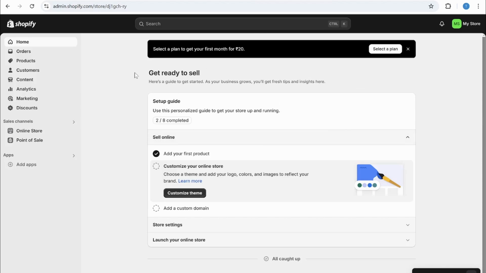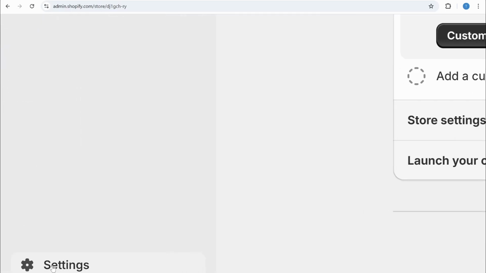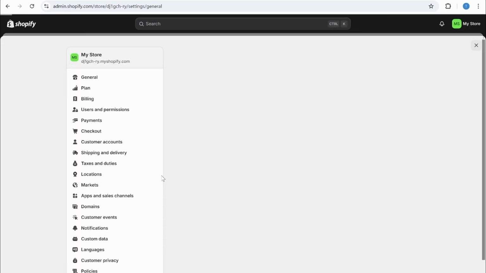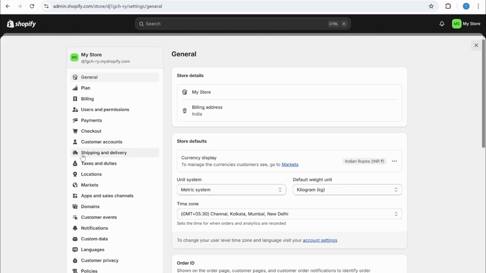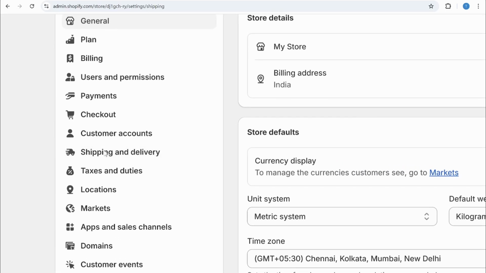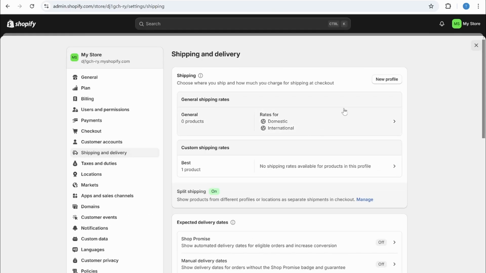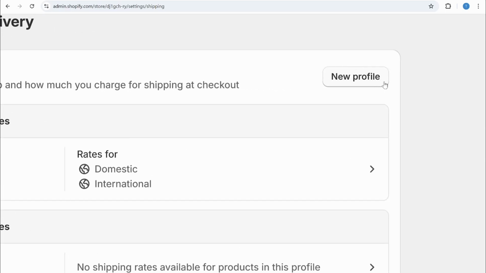So if you are looking to set up a default shipping location, what you need to do is just go to the settings option and then simply go to shipping and delivery, and then you can simply change the profile of your general shipping rates, or you can also add some custom shipping rates. So simply click on this new profile button